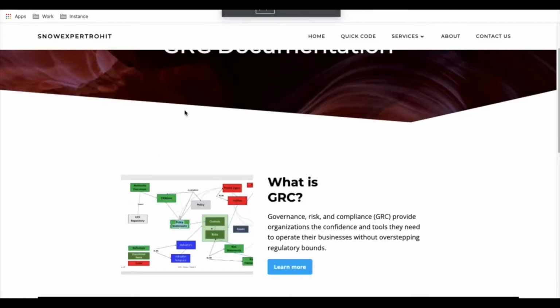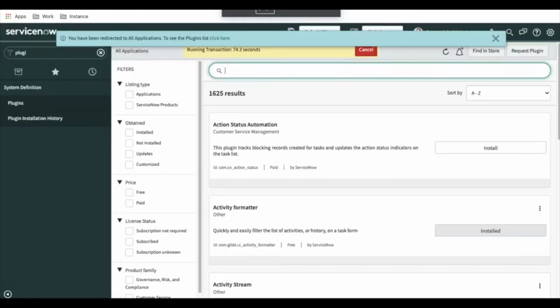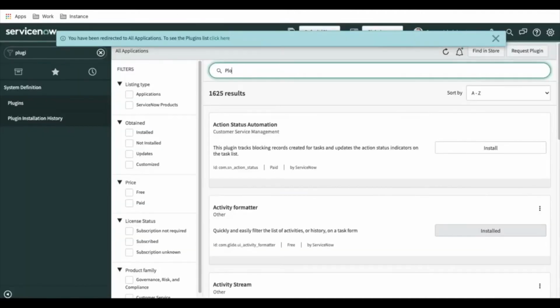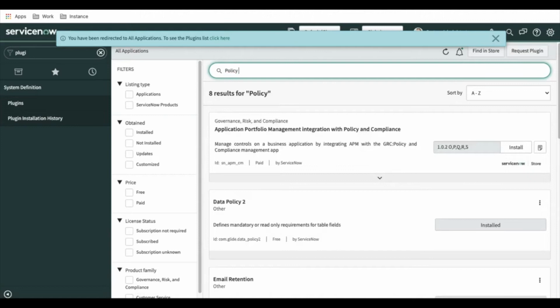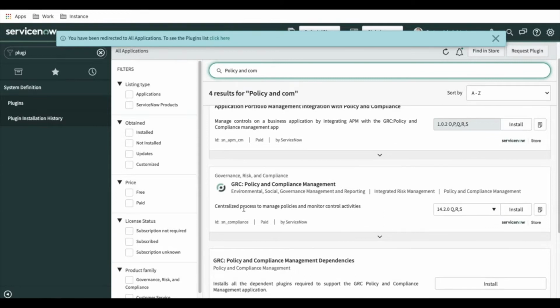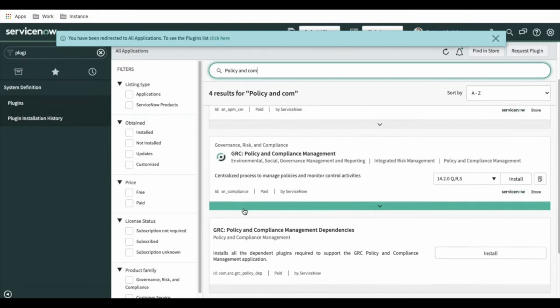Okay, so let's start activating the plugins. First we'll install the plugin called policy and compliance. If I type policy, the very first thing you can see is that we have a module called GRC Policy and Compliance. We need to install this module, and if I click here,